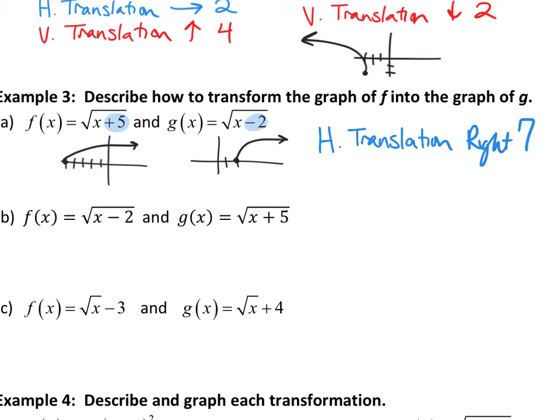Okay, for part B, f of x is translated where? 2 units to the right. And then all of a sudden g of x is what? 5 units to the, that way. What is that way? Oh my gosh, I forgot the word left. Left. Oh my goodness. So we went from something that looked like this